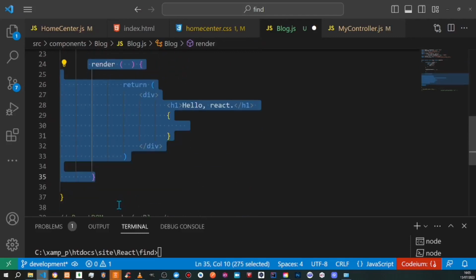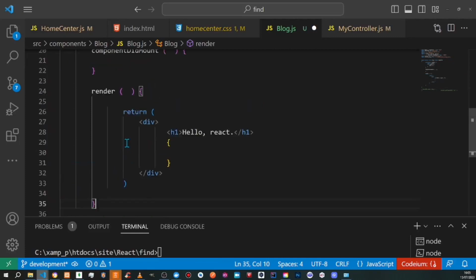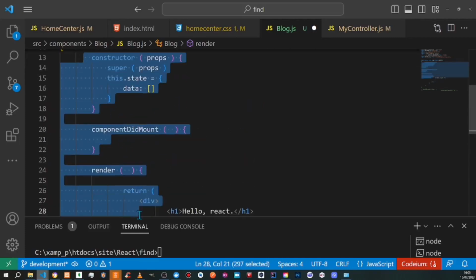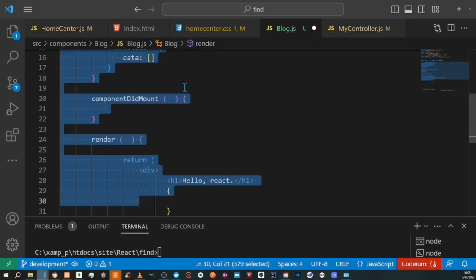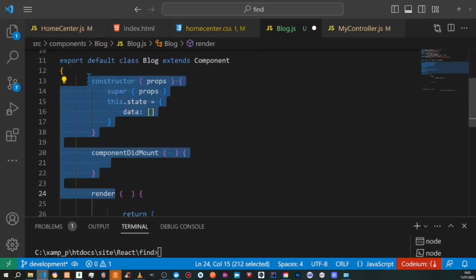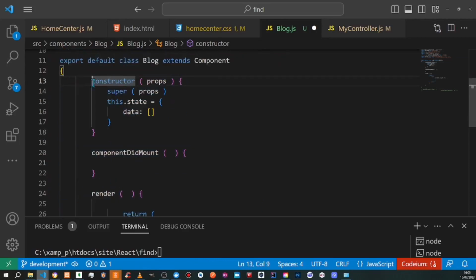There are three major stages: mounting, updating, and unmounting. In React we'll be focusing more on the mounting stage. So there is the constructor, we'll go first. We need this super if we must inherit methods from the parent. We need the state. So if you don't know what state is,